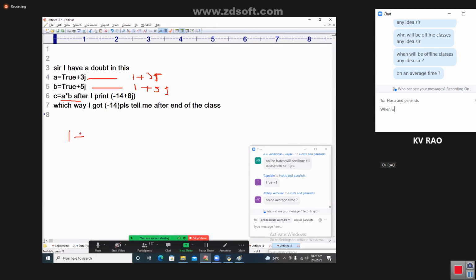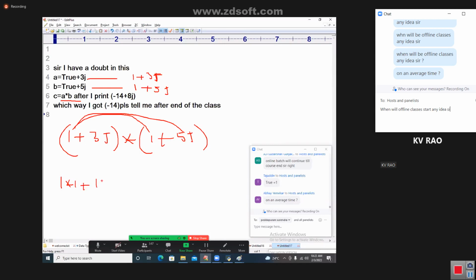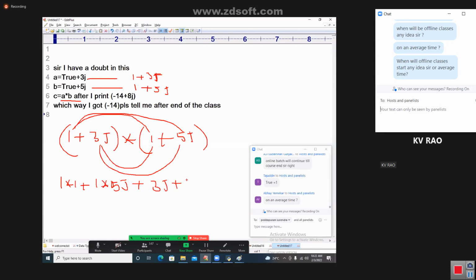Multiply this, ma, Surendra, 1 plus 3j. And I already explained this part yesterday. And 1 plus 5j. I already explained in yesterday's class only. Again, you are asking me. 1 and then this one you are supposed to do. 1 into 1 plus 1 into 5j, 1 into 5j, right? Plus, and this one you are supposed to multiply, 3j, and the next is 3 into 5,